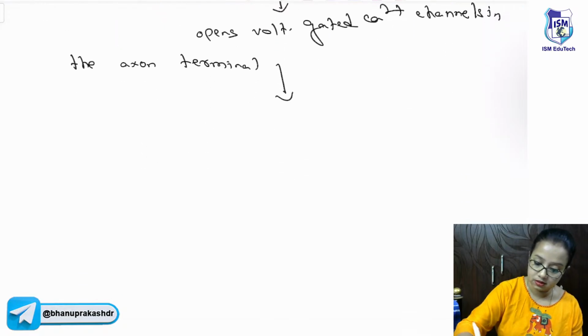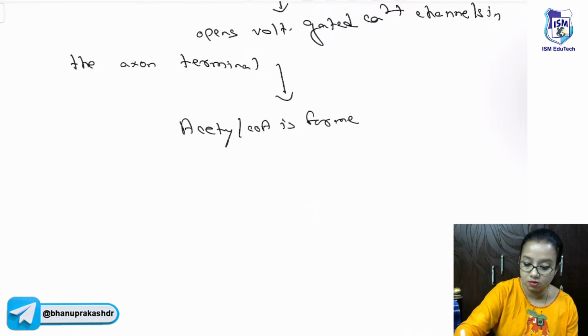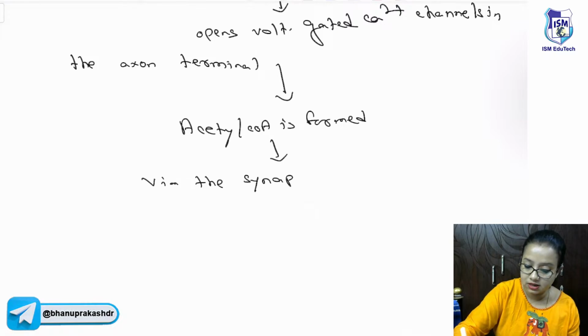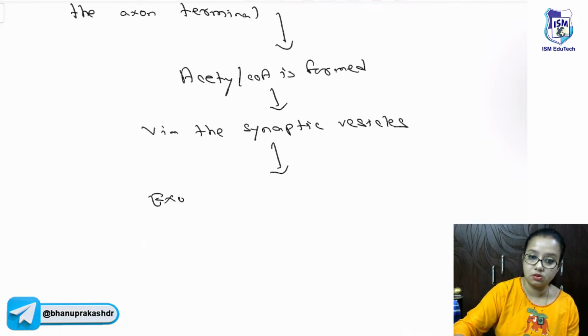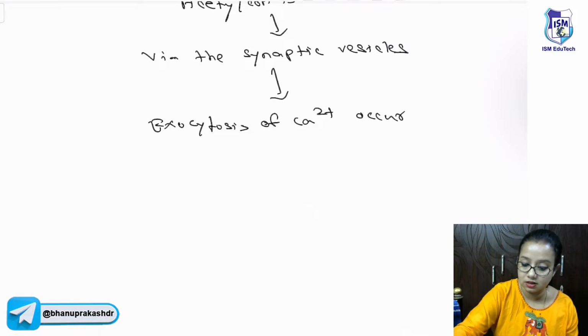Okay, acetylcholine is formed via the synaptic vesicle, exocytosis of calcium occurs in the